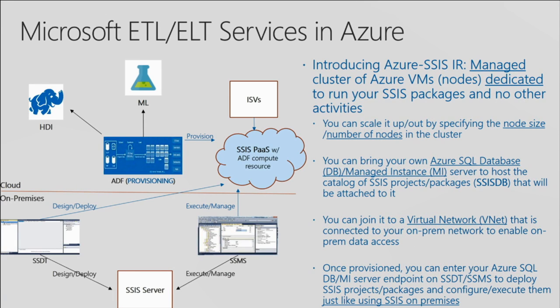Introducing the Azure SSIS IR: it is essentially a managed cluster of Azure VMs, or nodes. This cluster of Azure VMs is dedicated to running only your SSIS packages and no other activities. It's what we call a managed dedicated solution. When you provision it, you can scale it up or scale it out. You can specify the node size for each node,